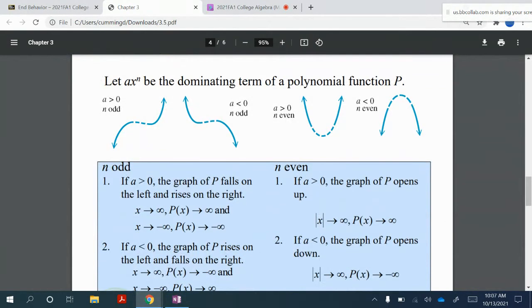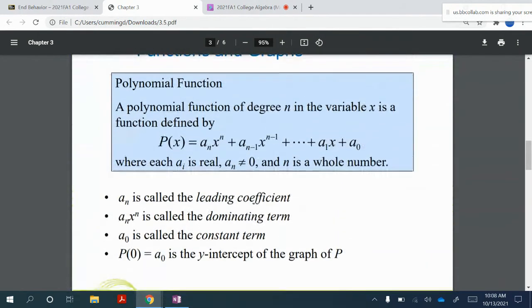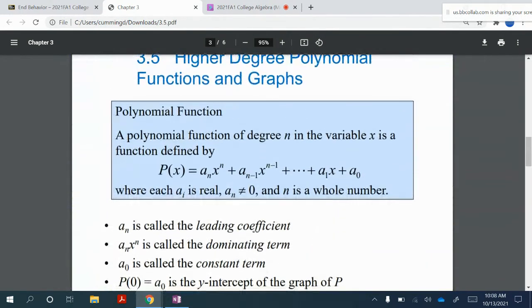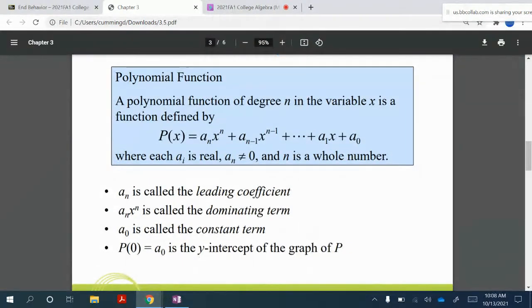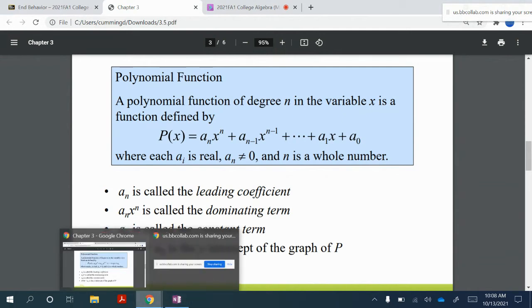This might look a little bit confusing, but I want to concentrate on the pictures at the top. I guess I should explain some of these terms. You probably have heard me say these things. I'm going to go back one slide. Now, this wasn't actually a part of your textbook, but it is pertinent to this course. And we have the definition of a polynomial